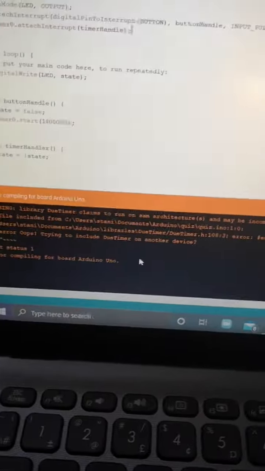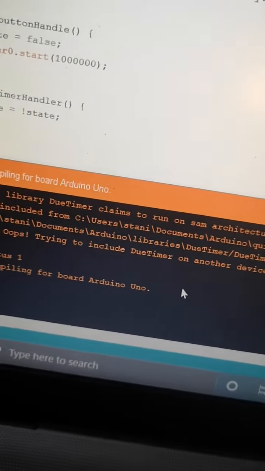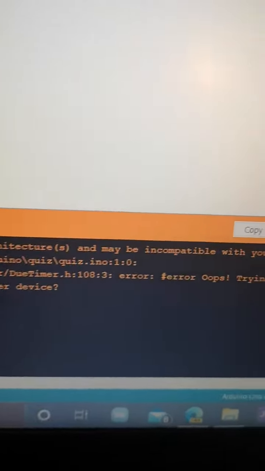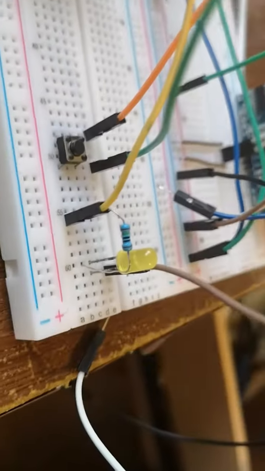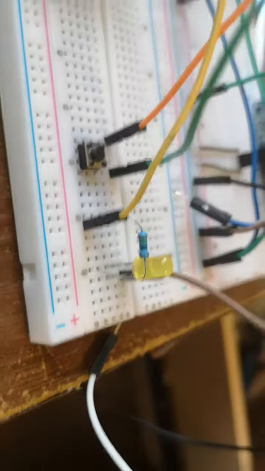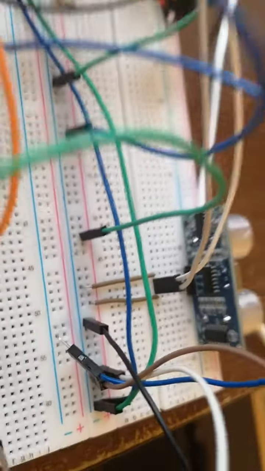So for some reason, DueTimer, Arduino is telling me that DueTimer is incompatible with my board, even though I've used it before. So I'm just gonna go through my connections and explain the code. So here I've connected the LED with a resistor to a button, and the button is connected to power, and